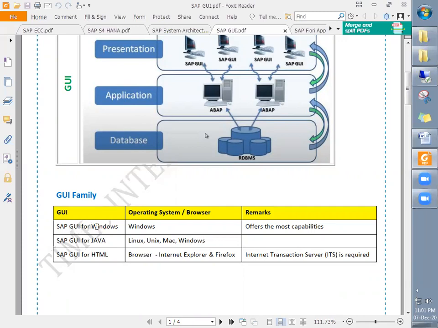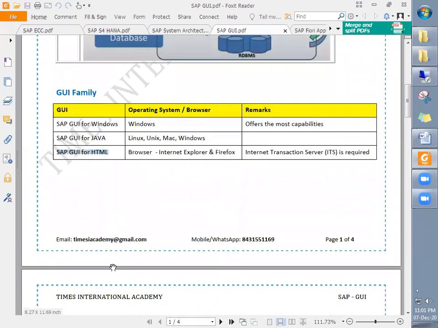However, the first one is compatible only with the Windows operating system. And similarly, SAP GUI for HTML, which is nothing but the Fiori app, which is web based, right? We will be discussing the Fiori app as well. So you see, these are the GUI family.